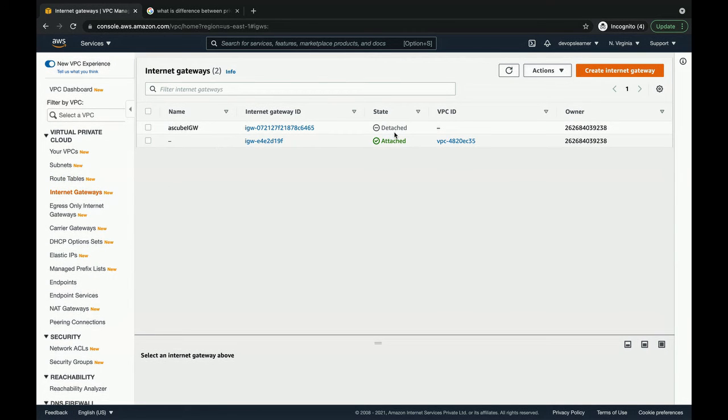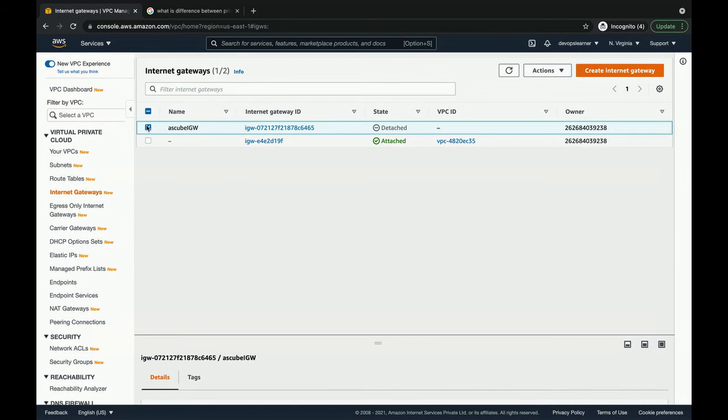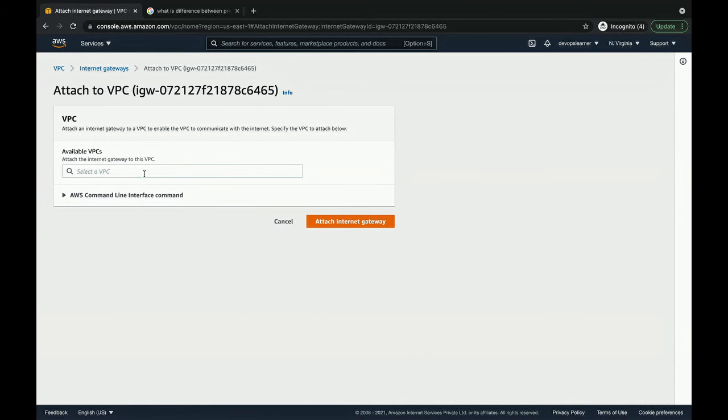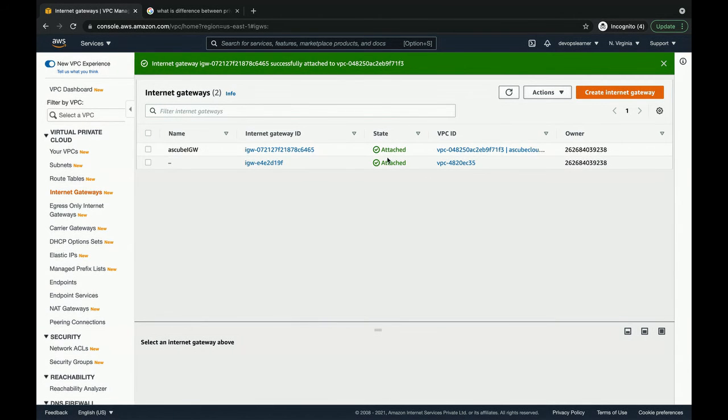Okay, so it is detached, right? So what you have to do, you have to click on this internet gateway, click on actions, attach to VPC. So you have to attach it to your VPC. So I'm doing attach internet gateway. So internet gateway is attached now.